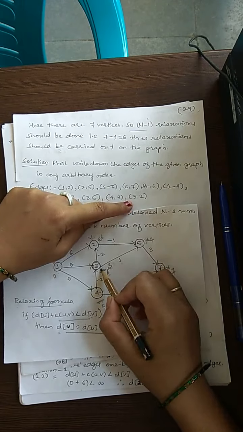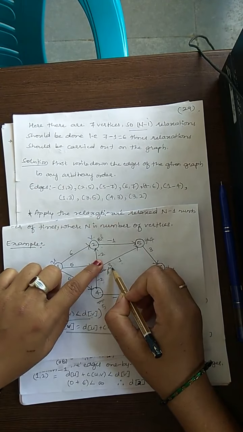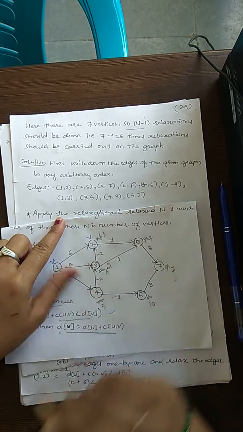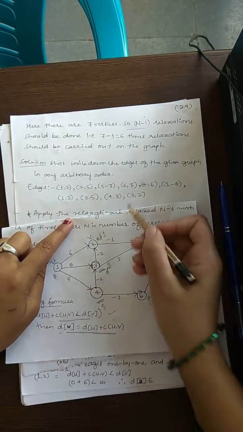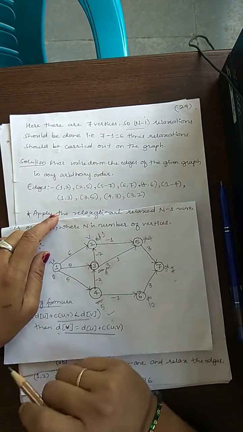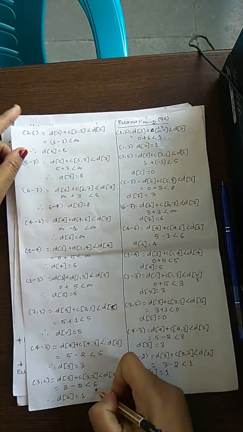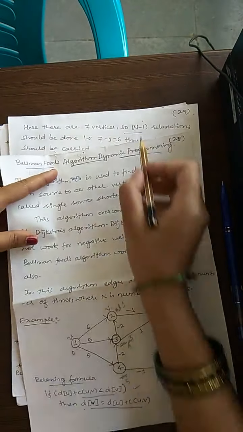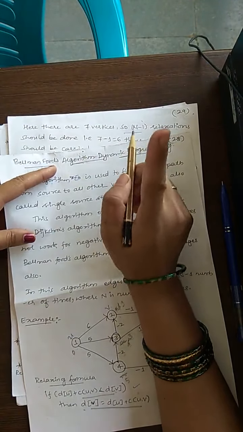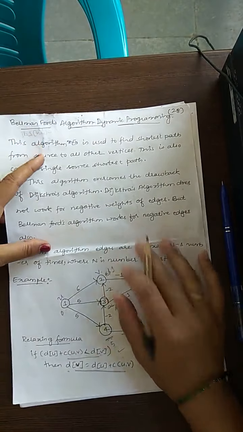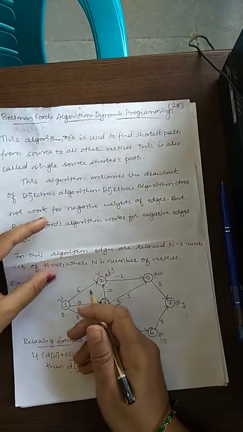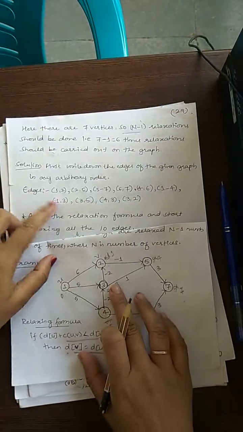Next 3 to 2. So this is 3 minus 2, how much? 1. 1 is less than 6? Yes. So this will become 1. So we have completed 3 to 2, the last edge. First round of relaxation is over. I have written here all whatever I have compared in the first round of relaxation. Next we have to relax n minus 1 number of times. So now only one relaxation is done. Let us go for the second relaxation. Again start from the edges which we are having. What edges? 1 to 2.